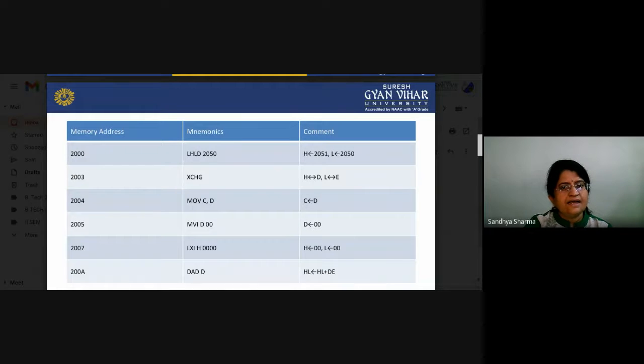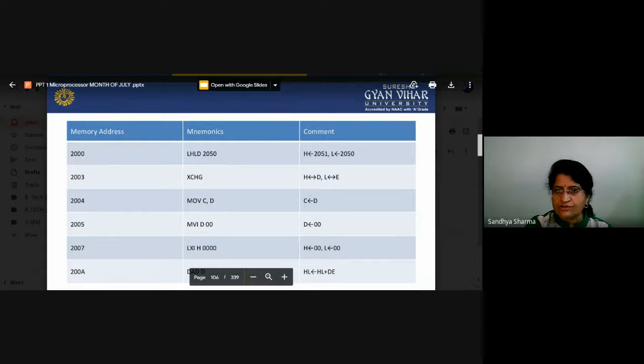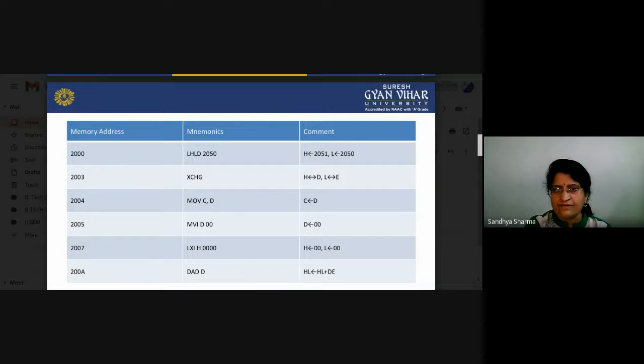So now we will see here LHLD 2050. You have to store 2050 in L and 2051 in H. So the content of L and the content of H will be stored in those locations.